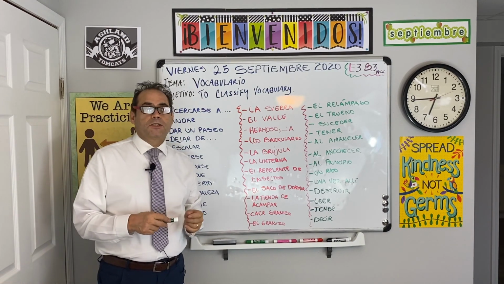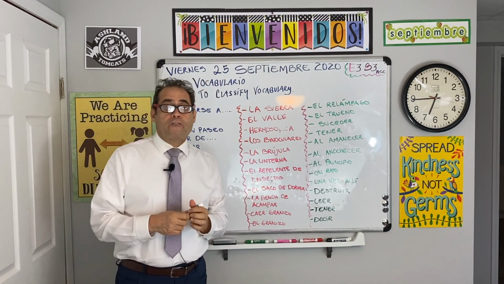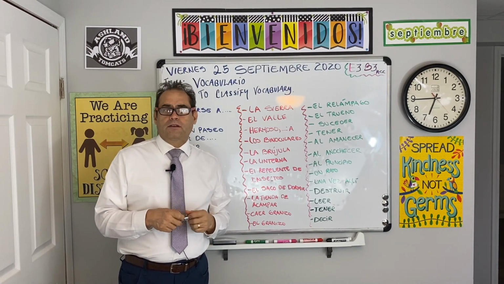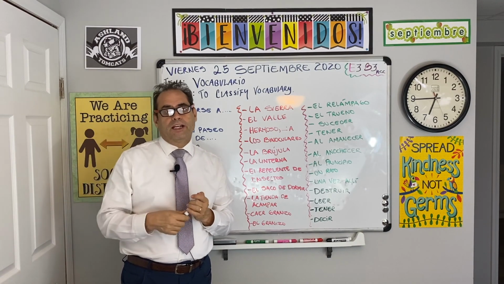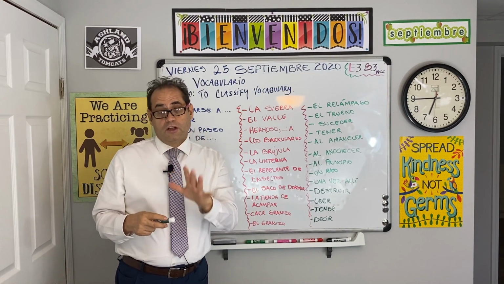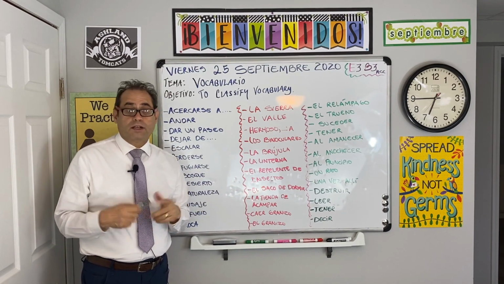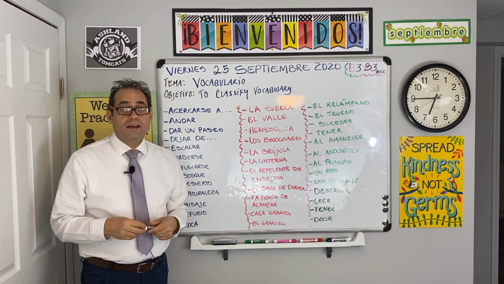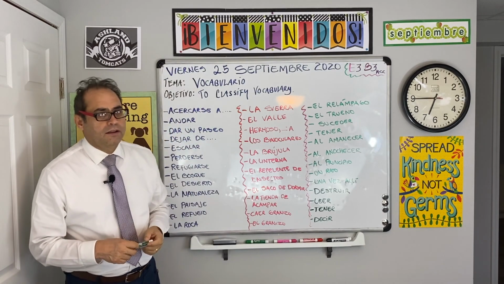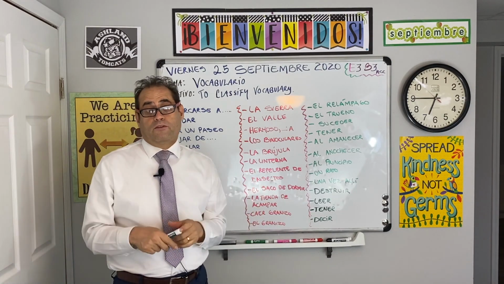Imagine, ladies and gentlemen, that I have a theory. That theory is that if you learn 500 words, you're going to speak Spanish. I have been doing research about how many words you need to have in your mind to speak any language, and I found out that it's 500 words. So here we got about 50. So 50 in one day, imagine 2 days, 100. You're going to get there in 1 week. But let me tell you, if you learn just one word every day, it's going to be 365 words in a year. So that means in 2 years, you can speak Spanish or any foreign language perfectly.